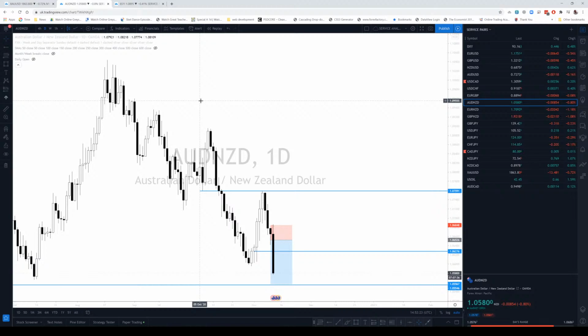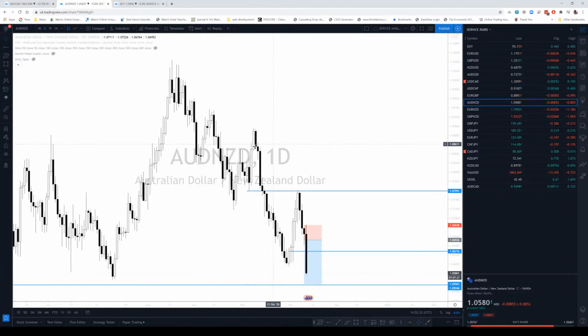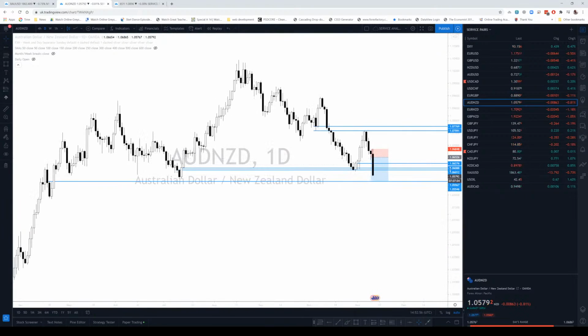there are certain things that if they do happen, something else should happen, and this pair has responded exactly how I pictured it. So I pictured price coming down here, offering a bounce, okay, and we shouldn't go lower than that, and that bounce should take us into this one or the opening price, and then after we do that, we should slam back down, because if you remember,